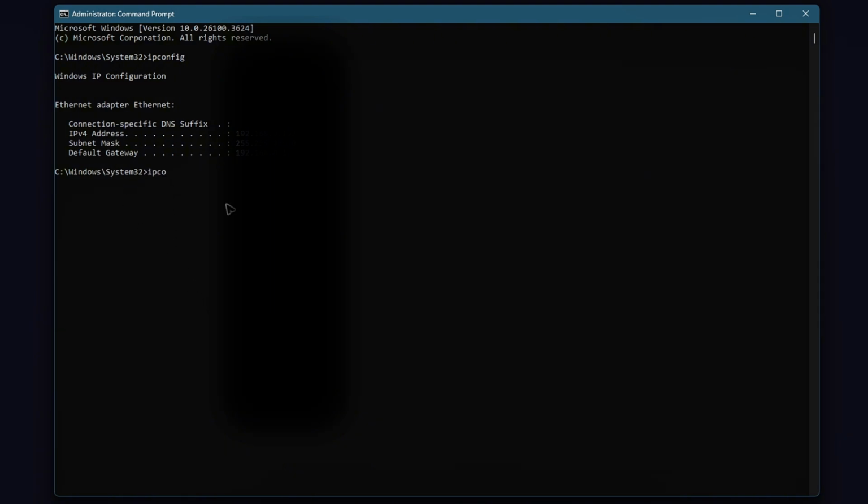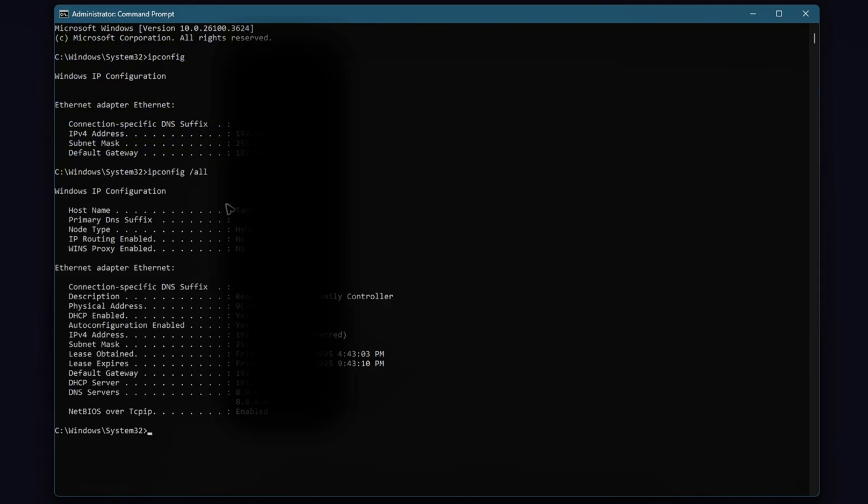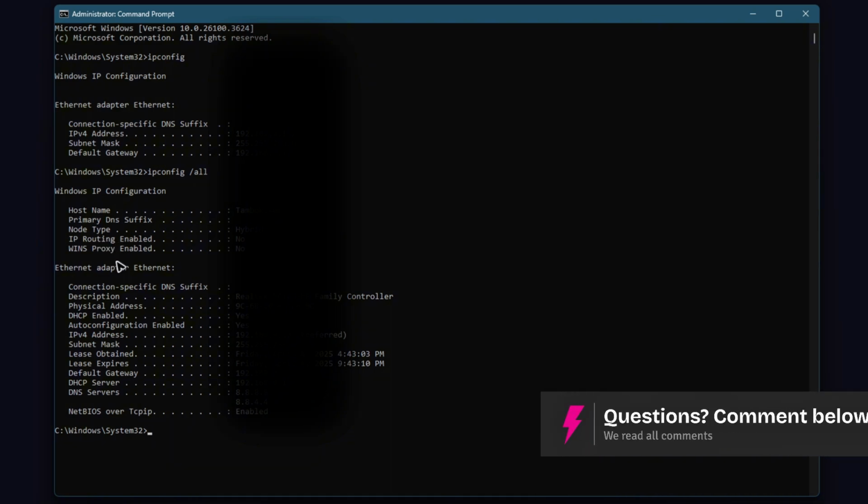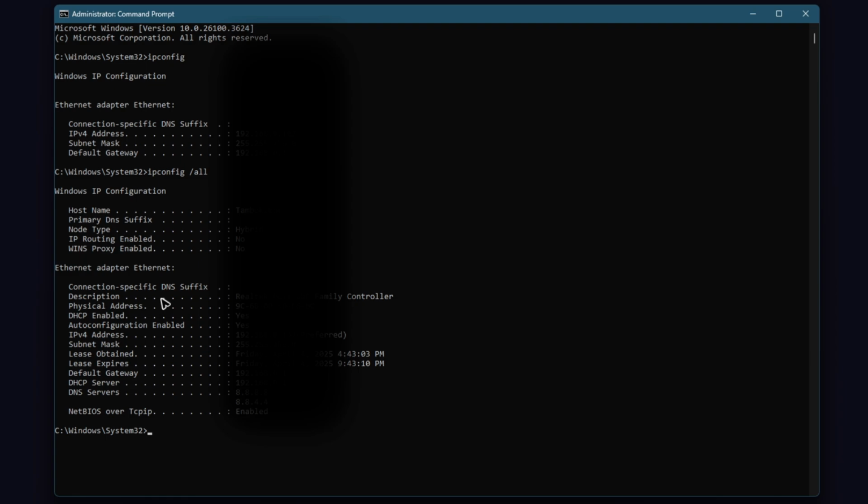Now, if you type in ipconfig /all, hit enter, there you have a ton of information about your internet, all right? The host name, primary DNS suffix, node, proxy, connection-specific DNS right here, the physical address, and the DNS service that is used. All right, that's basically how we check our IP